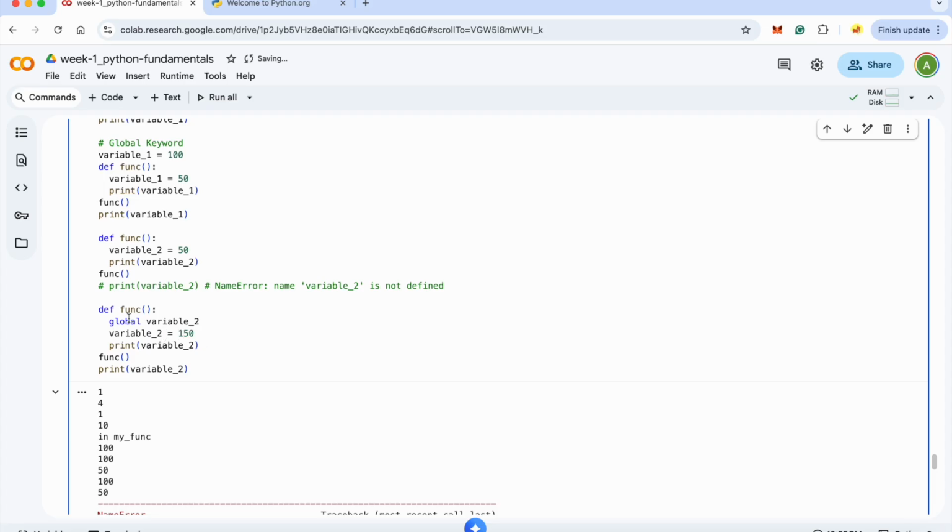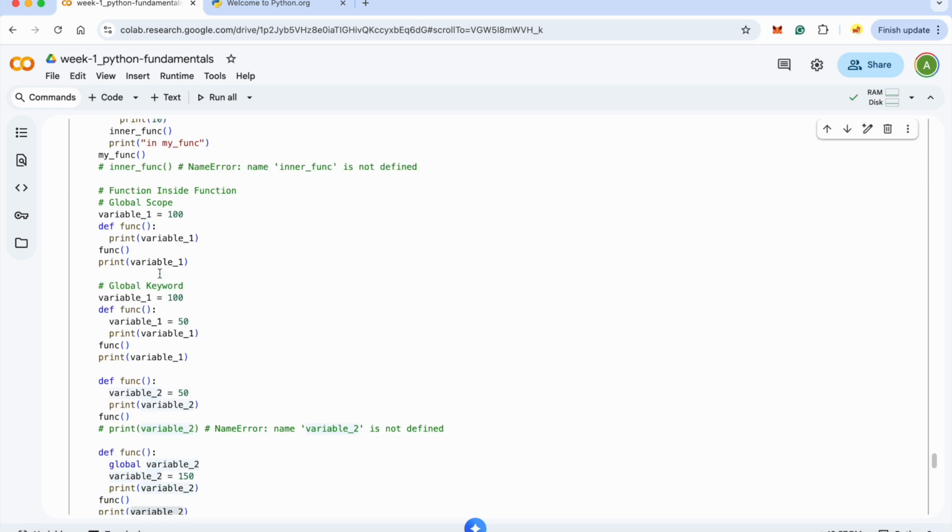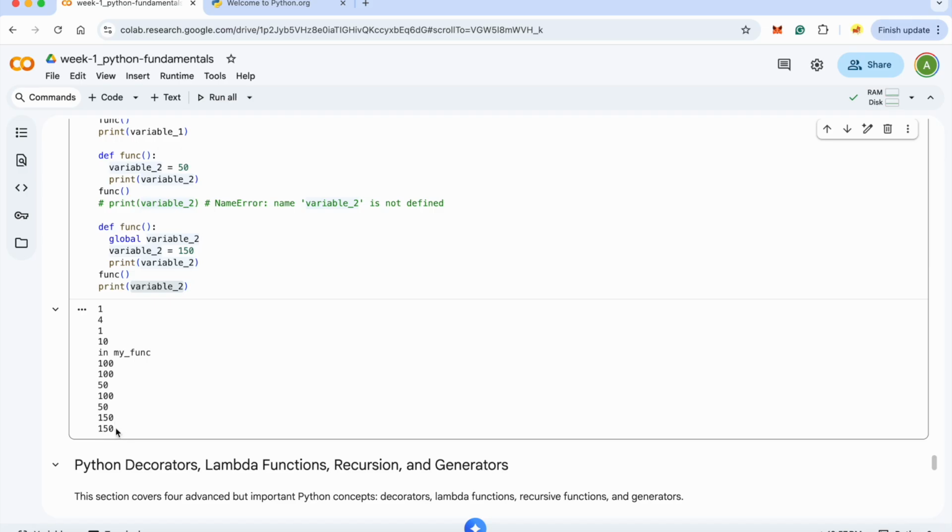So now I have called this function, it will go there, it will create a global variable, assign a value of 150 to it, and print it. Now I have called this variable 2, so this variable 2 does not exist outside of it, right? But since inside this def function I have created this variable as a global, it should be able to retain it. So let's quickly verify it, and if you see, it worked. So this is how you can define the scope,